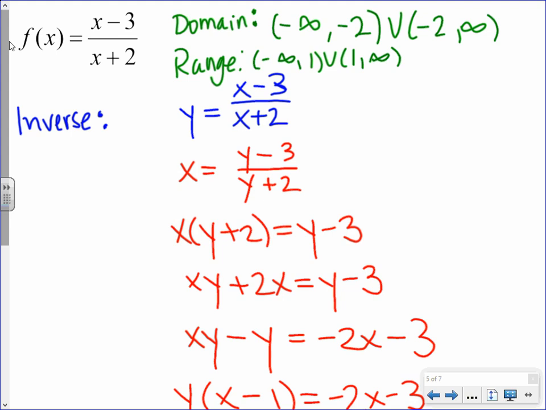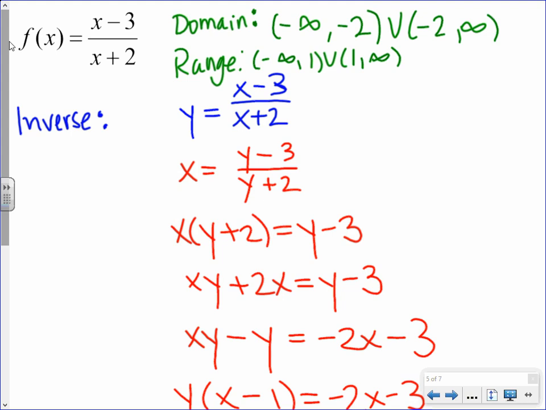I will remind you about horizontal asymptotes. Anytime we have a rational function, especially with these simple rational functions, we've already talked about a vertical asymptote, there's going to be a horizontal asymptote, and then you might have something that looks like this. So when we talk about the range, we need to figure out where that horizontal asymptote is and